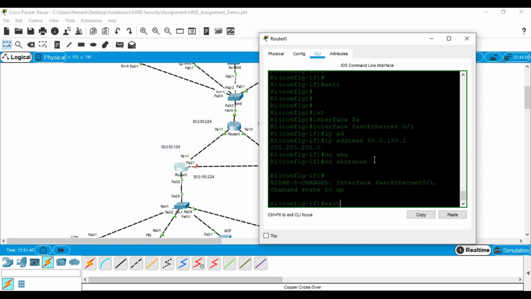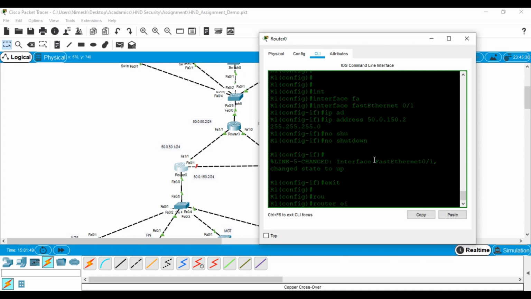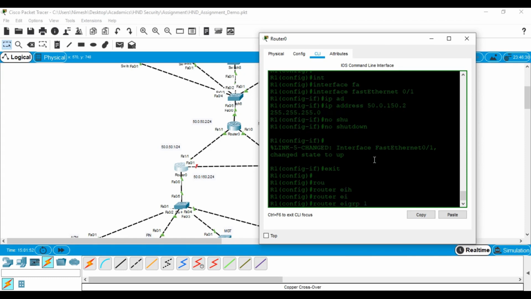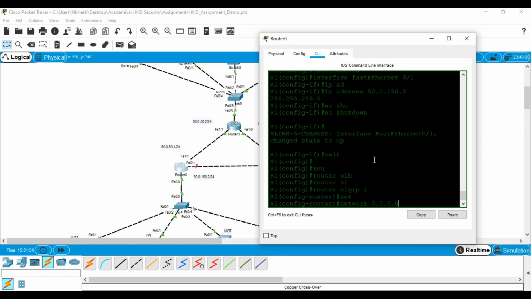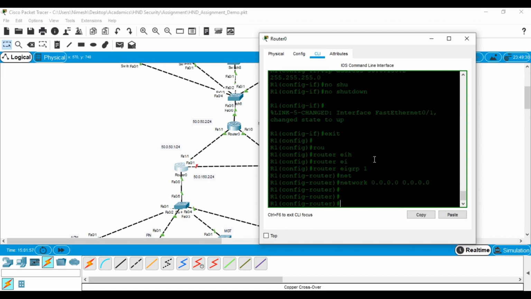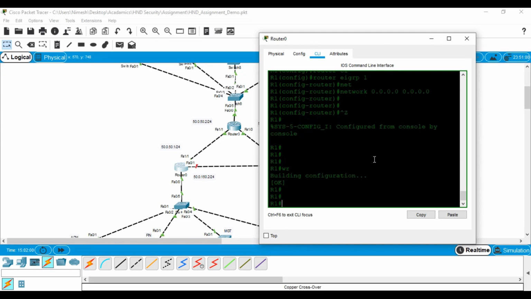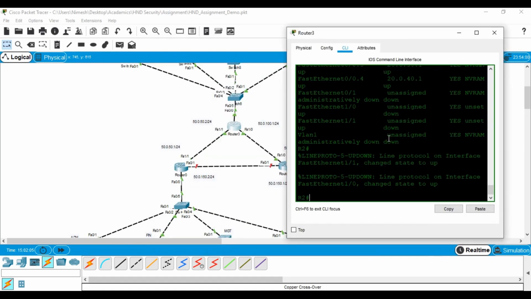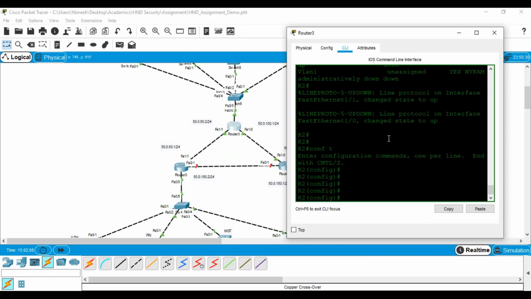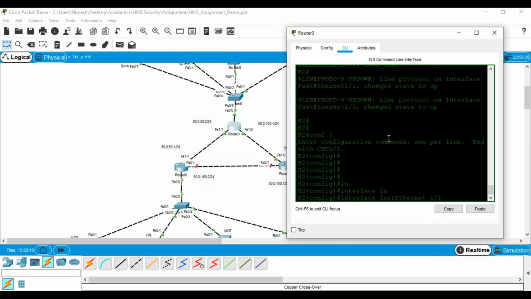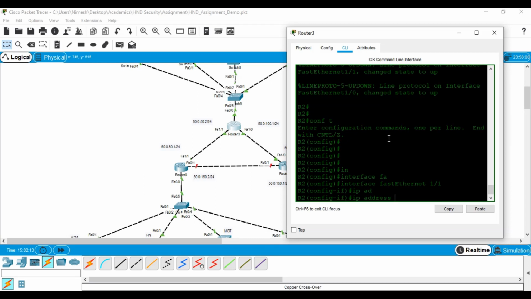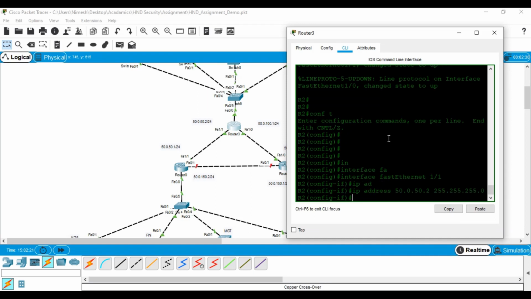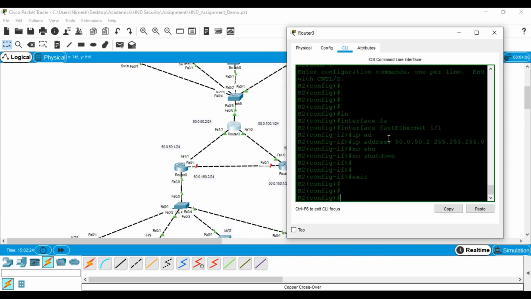Then I have to go to router EIGRP 1 and the network. R1 is done. Now move on to R2. On R2, I'm going to configuration mode, interface fast Ethernet 1/1, IP address 50.0.50.2, 255.255.255.0. Now no shut down, and the next interface fast Ethernet